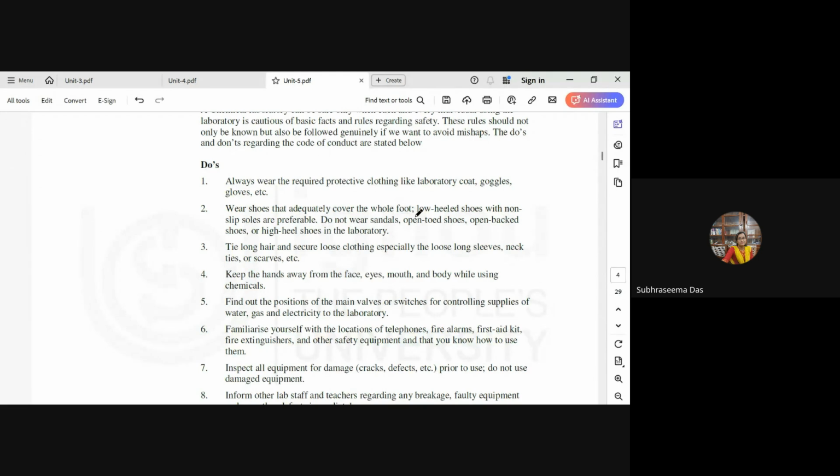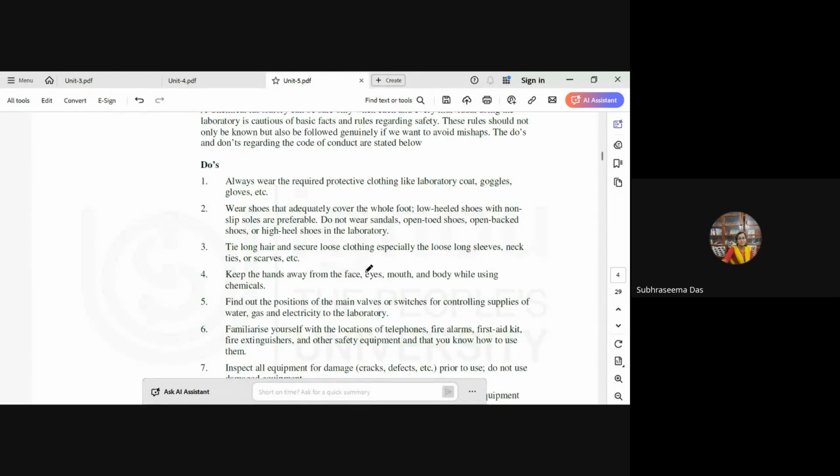Then, secondly, we should always wear shoes to protect our feet, closed-cover shoes, not open-toe shoes, so that the whole foot is protected. Then we should not leave our hair open, the hair must be tied. The hands, we should be wearing gloves. We should always keep our hands away from a friend's face